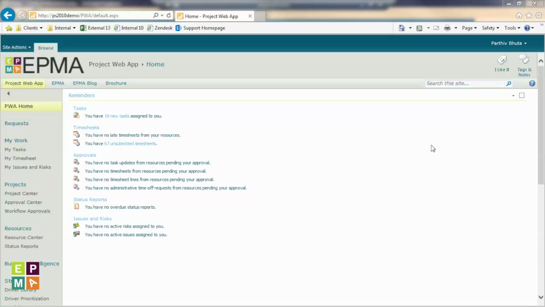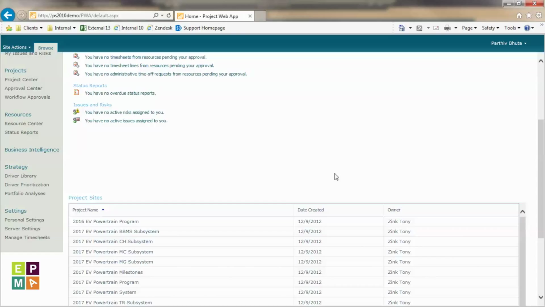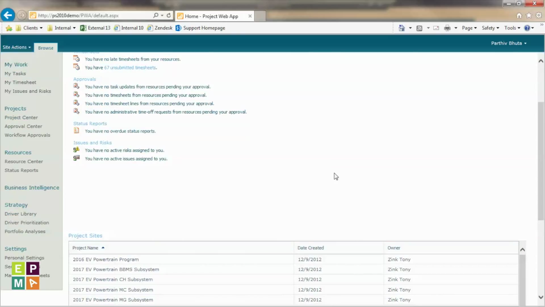So, for example, I have a test environment right now over here, a 2010 server environment. Over here, if I wanted to take a backup of my projects or resources or any other custom fields or global templates or categories and group settings, I could easily do it from my PWA instance itself.